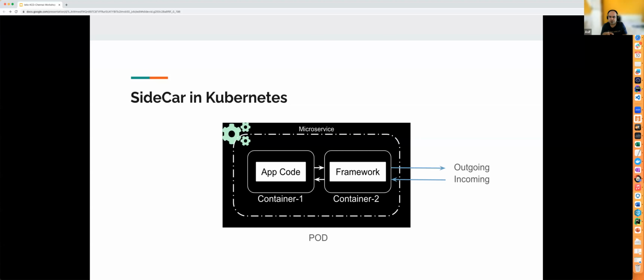And all of this was possible just because of a very simple thing, which probably everyone would have used, the HTTP proxy. So basically we configure the HTTP proxy on the container one, and we let all the calls which are incoming or outgoing go through the framework. So we set the proxy to the framework container. With this, we can achieve the sidecar in Kubernetes, and this becomes the basic block of service mesh or sidecars which are available in the market.